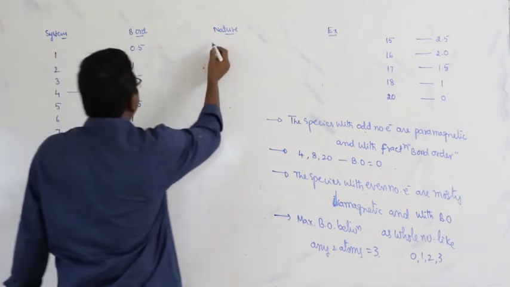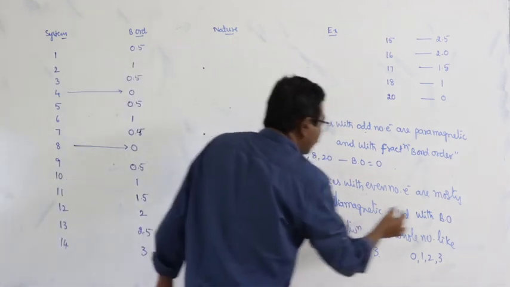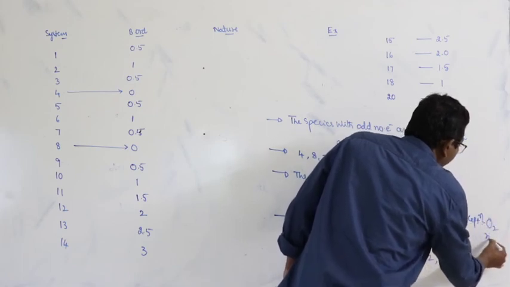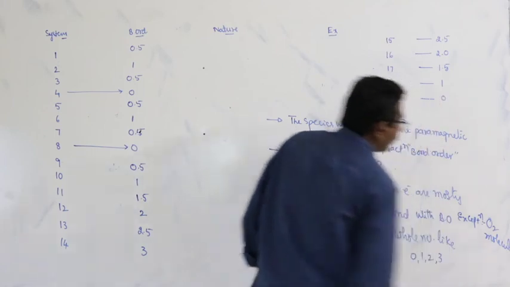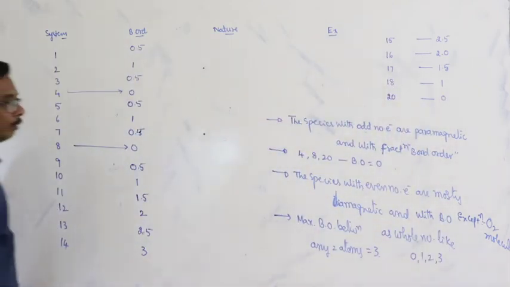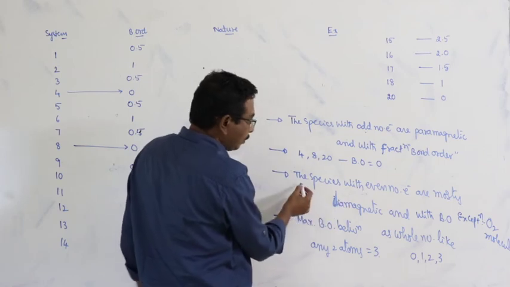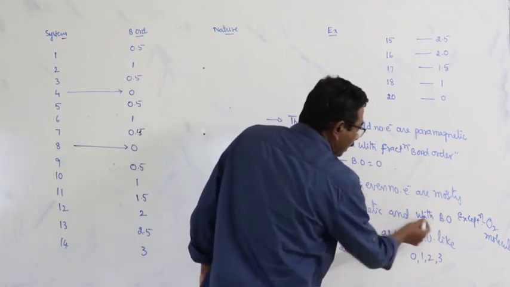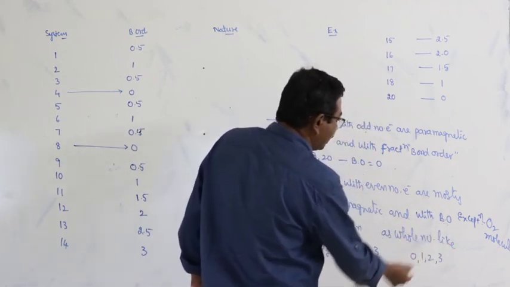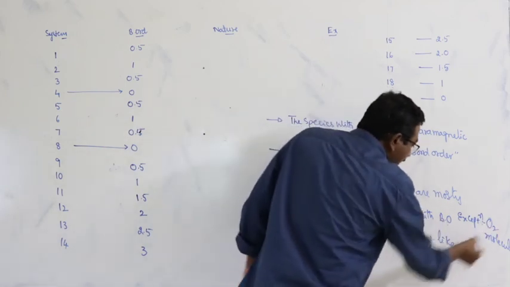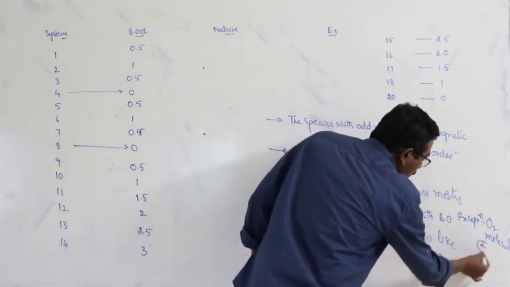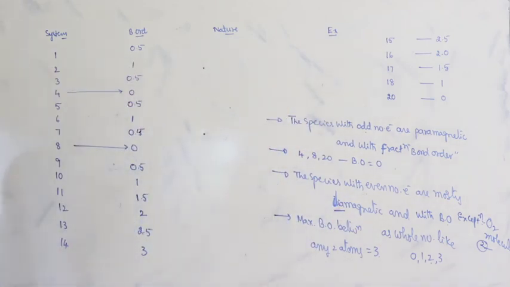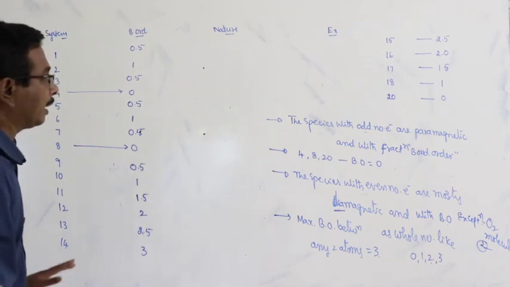Okay. Here the nature we can write, but here there is an exception. The exception is the oxygen molecule. What is the exception to the statement that species with an even number of electrons are mostly diamagnetic and with bond order as a whole number like 0, 1, 2, 3? Here for the oxygen molecule bond order is equal to 2. Okay, the first condition is satisfied, but the second condition is not satisfied. What is that? It is paramagnetic in nature but not diamagnetic.